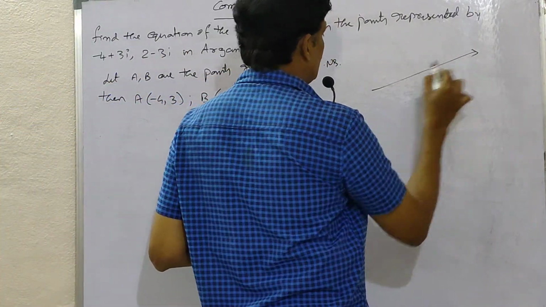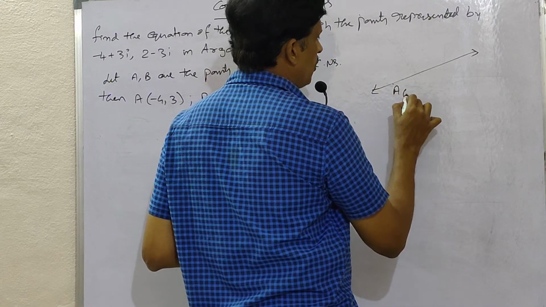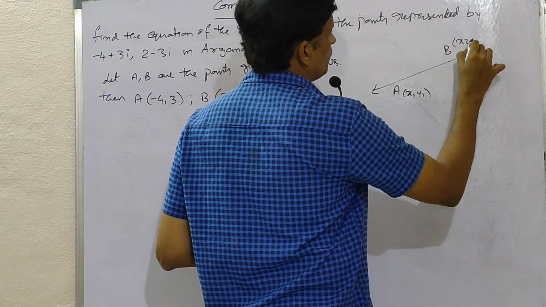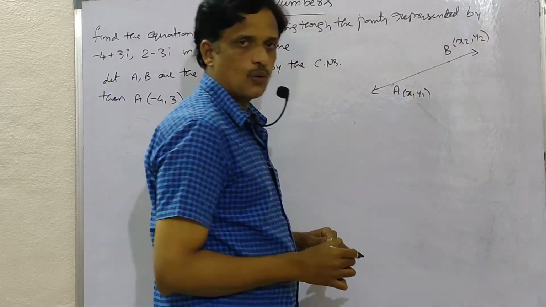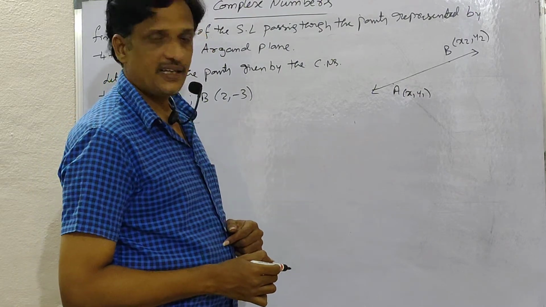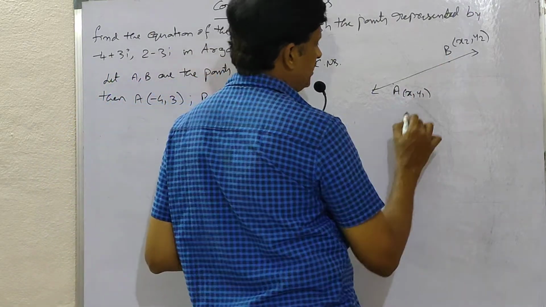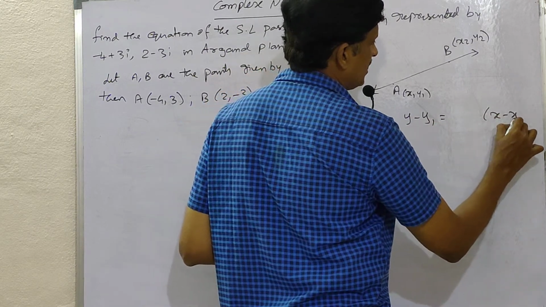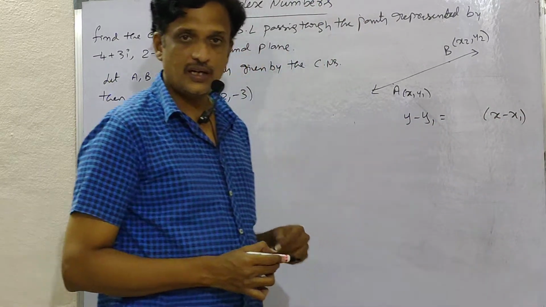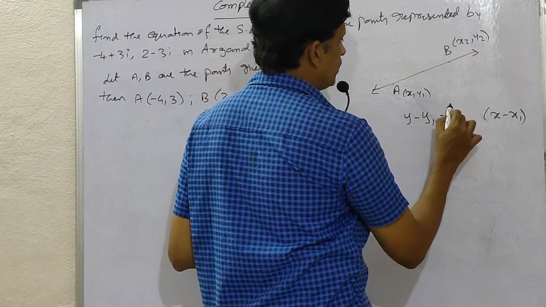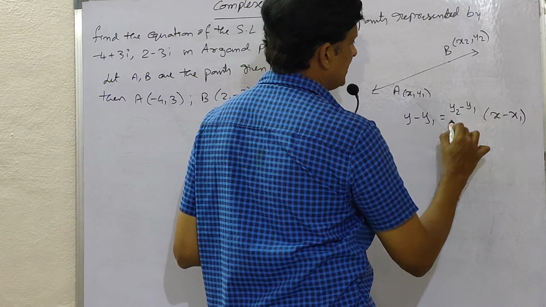Now just observe this one. This is the straight line which is passing through the point A x1 y1 and the point B x2 y2. And now, what is the equation of the straight line AB? Actually, equation of the straight line joining the 2 points is y minus y1 is equal to m into x minus x1, where m is the slope. Here, to calculate the slope, we use the concept that is y2 minus y1 by x2 minus x1.